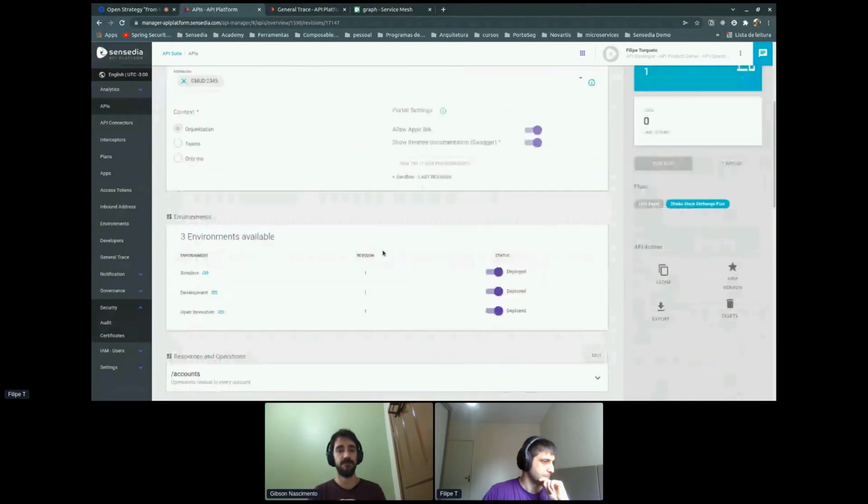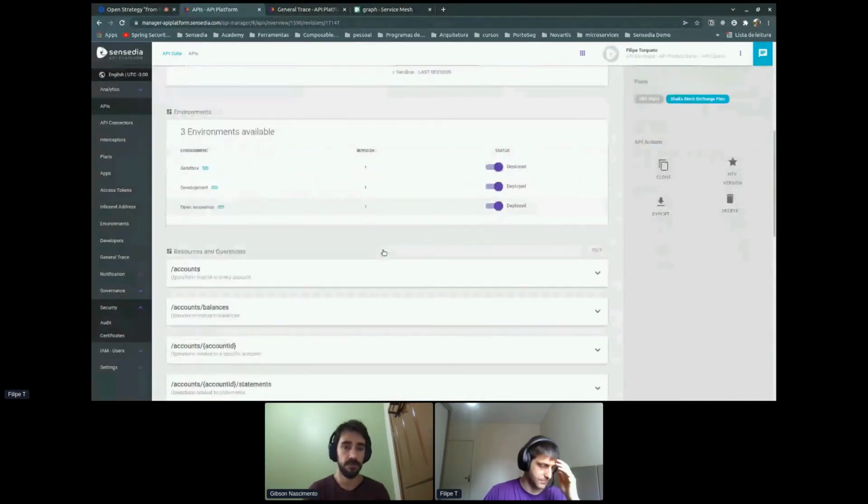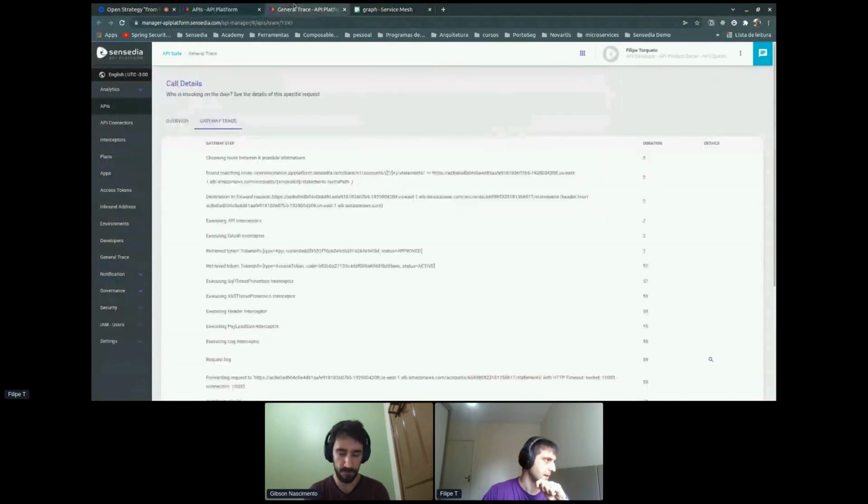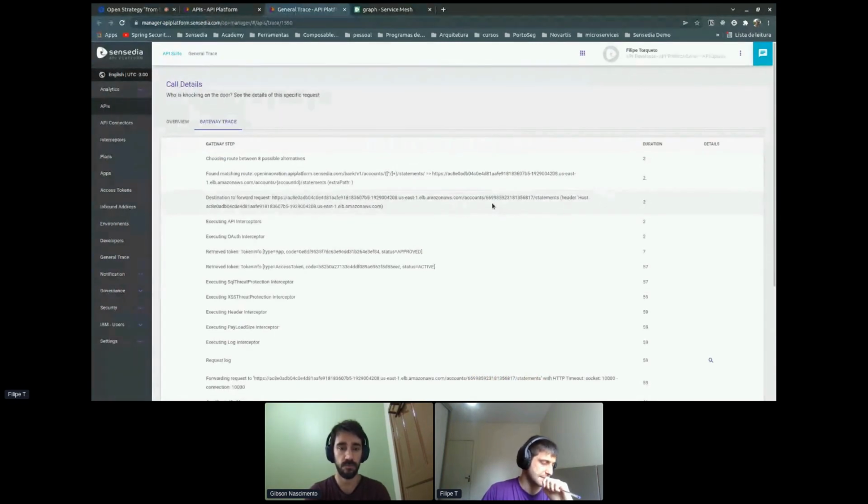Also, moving forward, I'm adding all those security components, although another concern is the latency and what exactly it's going to cost in terms of timing and processing. Again, this is a demo gateway, so those numbers are pretty high, and a production gateway will be pretty different. But even on the demonstration, we are not adding that much time in terms of what we are doing behind the scenes. So as you can see, our gateway has the capability to